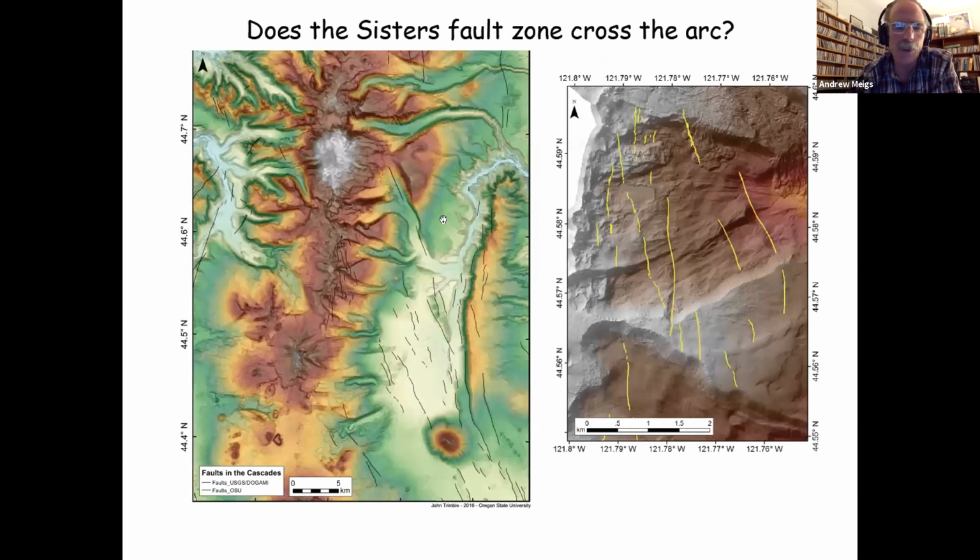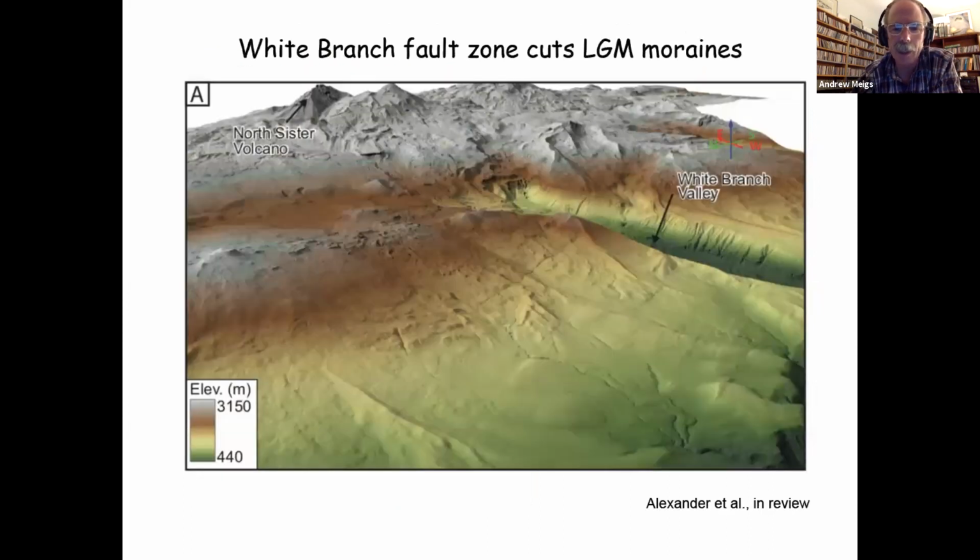By the time you get up to the Mount Jefferson region, so here's Black Butte, Green Ridge, and Mount Jefferson up here. If you look at this valley up here, the LiDAR data are just incredible. They show, for example, this lava flow, which flowed down into glacial topography, which was undoubtedly cut and last occupied at the last glacial maximum. But this flow is younger than that because it's flowing into that valley and is cut by this fault zone here. And there's plenty of evidence that faults in the axis of the arc are active and are offsetting Quaternary